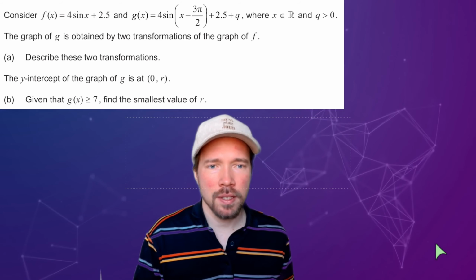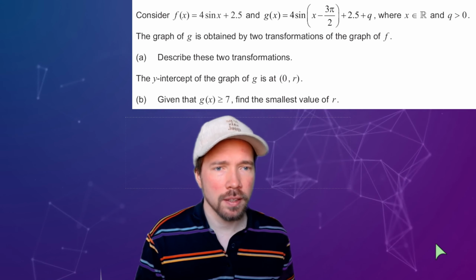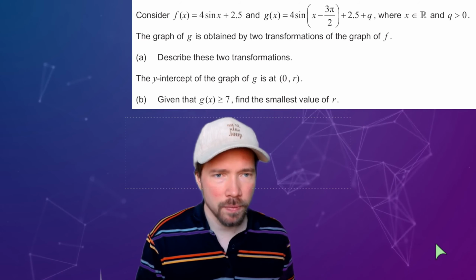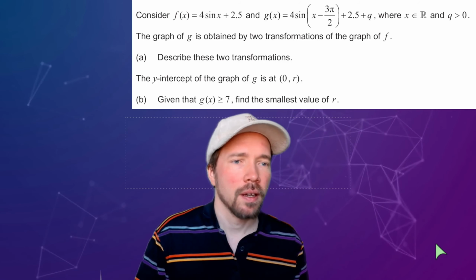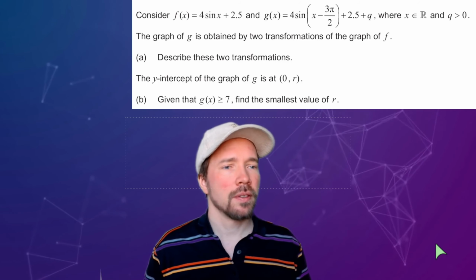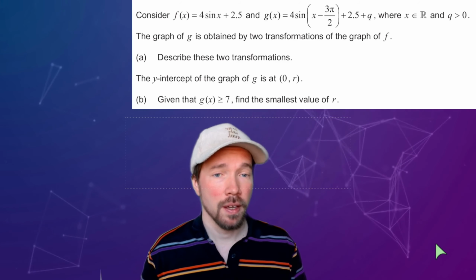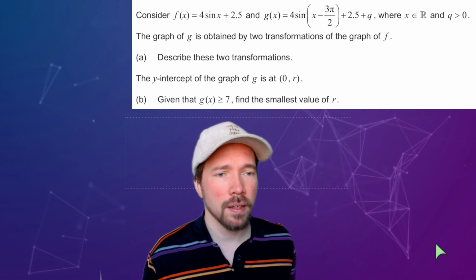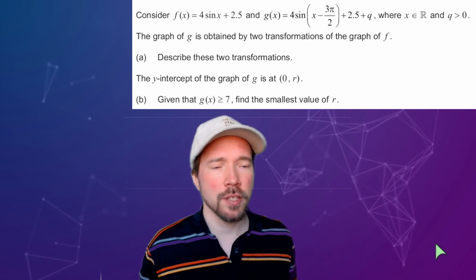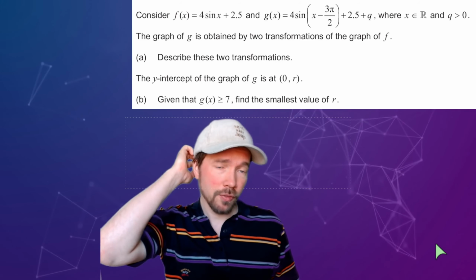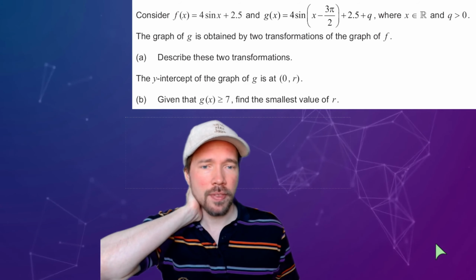Okay, so let's see what is required. Consider a function like this, some linear combination of the sine function, and then another function which also has a sine function, where x is a real number and q is positive. The graph of g is obtained by two transformations of the graph of f. Describe these two transformations. So the first part of this exercise, part A, is to realize that